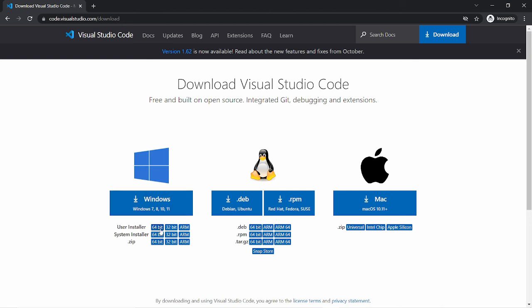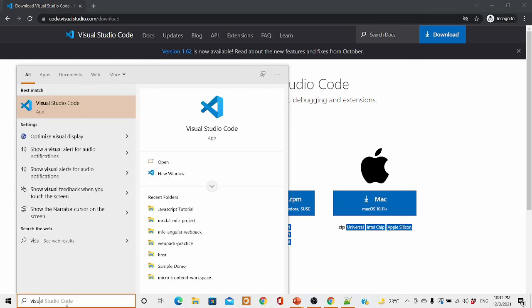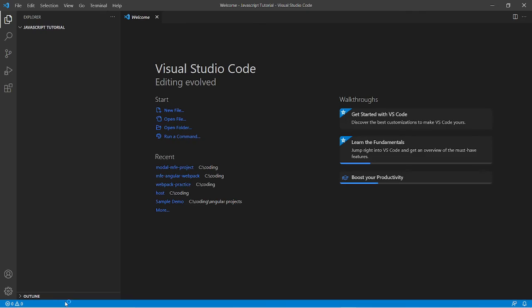I have Windows and 64-bit, so I have downloaded that and installed it already. You can download it and install as per the instructions. After downloading, Visual Studio Code will look like this. Here it is. Here I have already created a folder called JavaScript tutorial, and we will create all folders and files whenever needed.